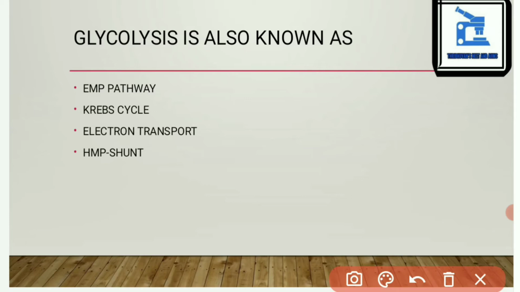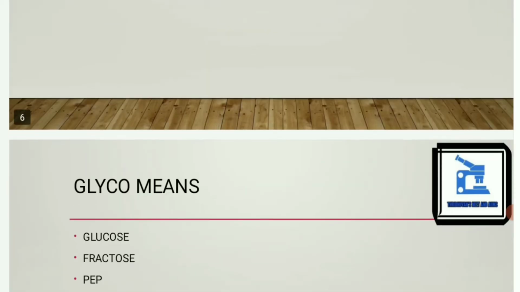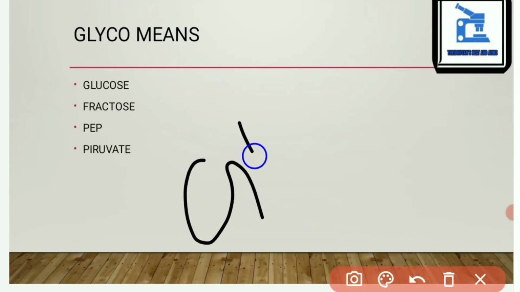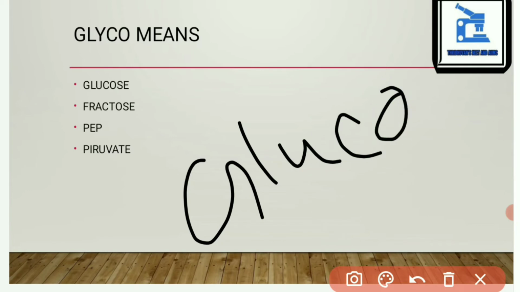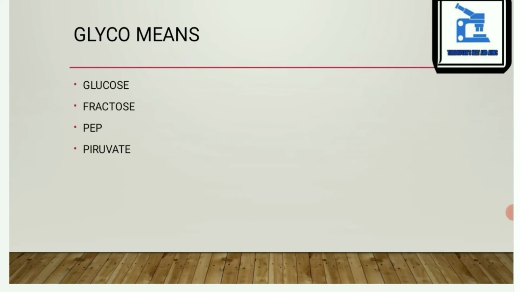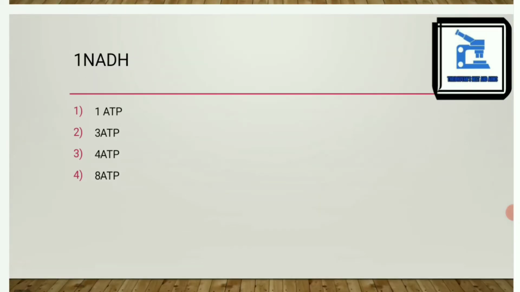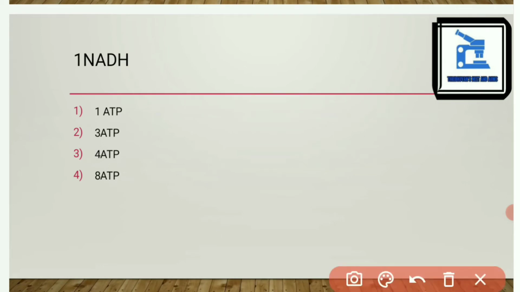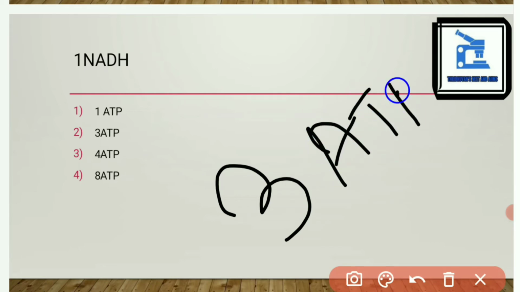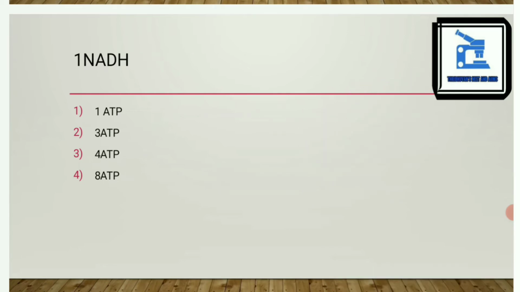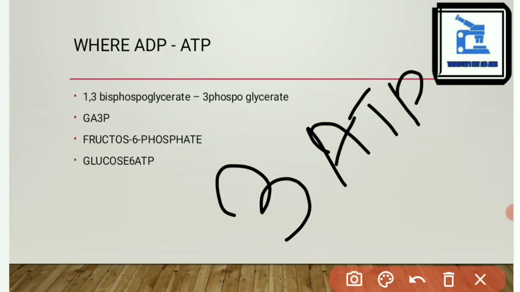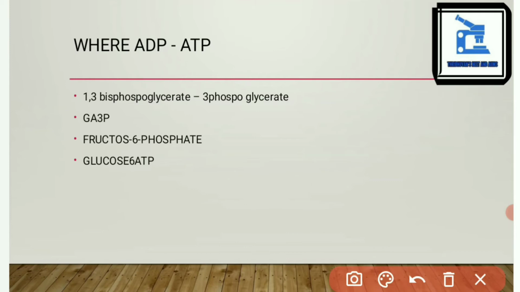And the next numerical is, glyco means glucose, right? And the next numerical is, 1 NADH is equal to 3 ATPs. ATP is adenosine triphosphate. ADP to ATP, this process is seen in